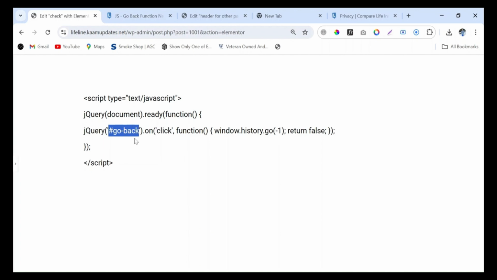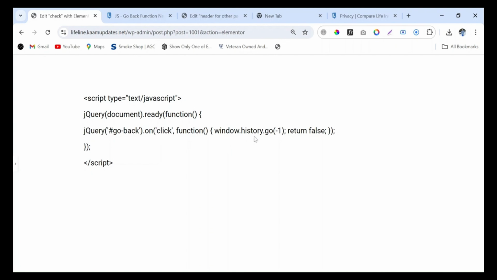When you click on the button which has the ID go back, then this function will work. I mean window.history.go(-1). This will make your go back function work. So let's start, and let me explain how to add this.